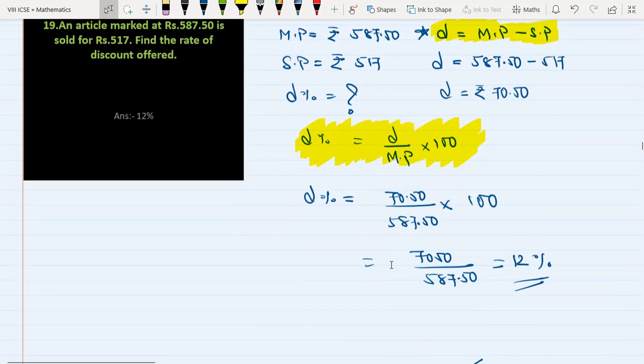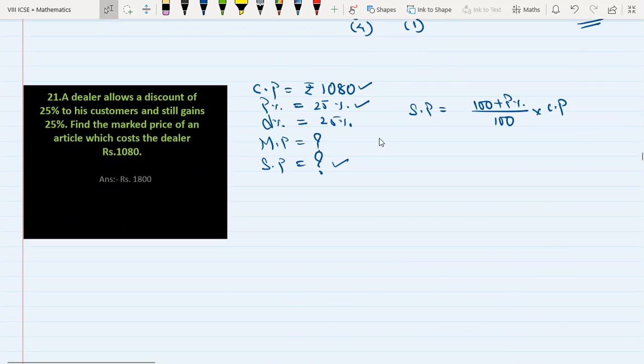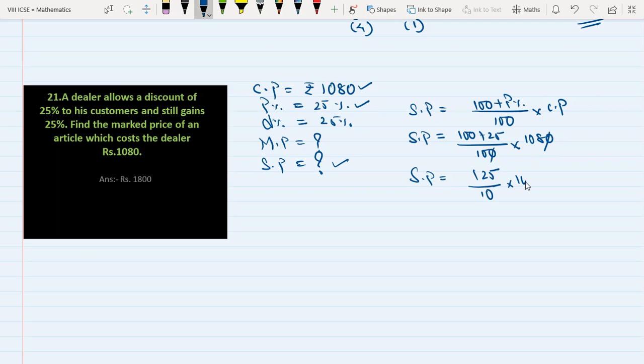Okay, so again we have to use the same formula to find the selling price. Now, why selling price is needed, I'll tell you, but first let's find the selling price. So selling price is equal to 100 plus 25 upon 100 multiplied by the cost price, which is 1080. So selling price is equal to 125 upon 100 into 1080, that is 125 upon 10 into 108. Okay, 2 5s are 10, 2 54s are 108. Selling price is equal to, let's find it,